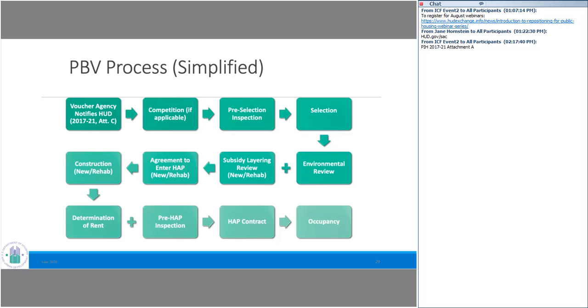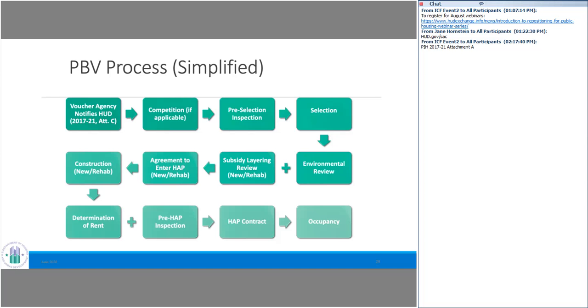The inspection prior to going under HAP is to make sure the project meets HQS following construction. And then you enter into the HAP contract and occupancy, and begin leasing to families. So that's kind of what you would expect in the PBV program. I want to mention just briefly